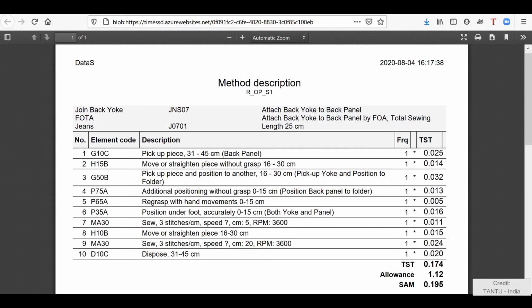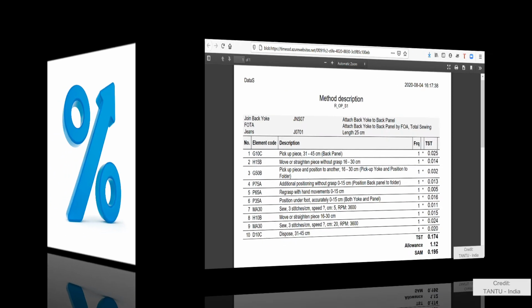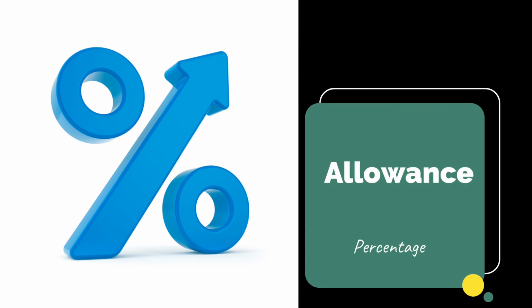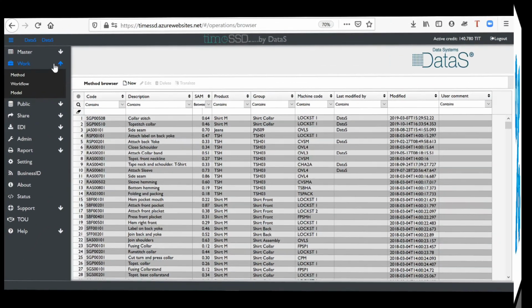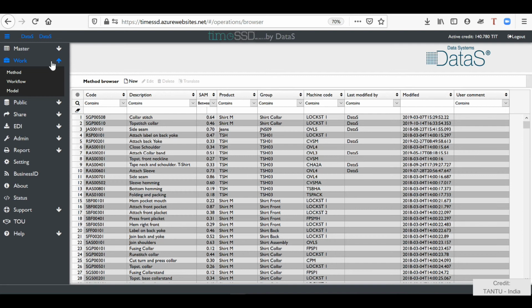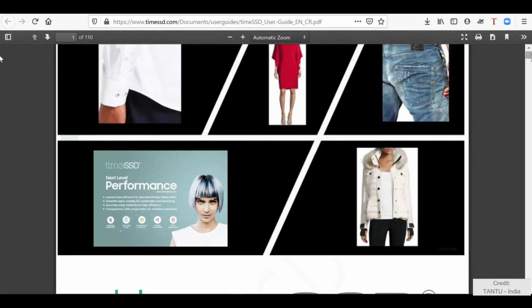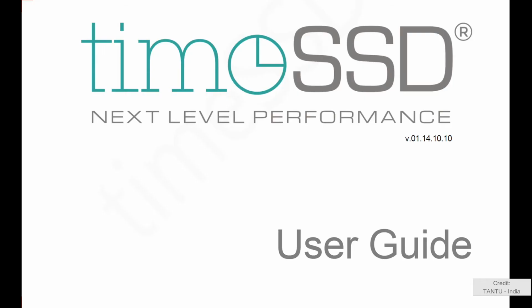We'll not talk about the operational allowance, because different industries actually follow different norms for determining their allowance percentage. There is the PF&D allowance. Now in PF&D it is personal, fatigue and delay. Personal fatigue is the allowance which is generally defined in the ILO standards.